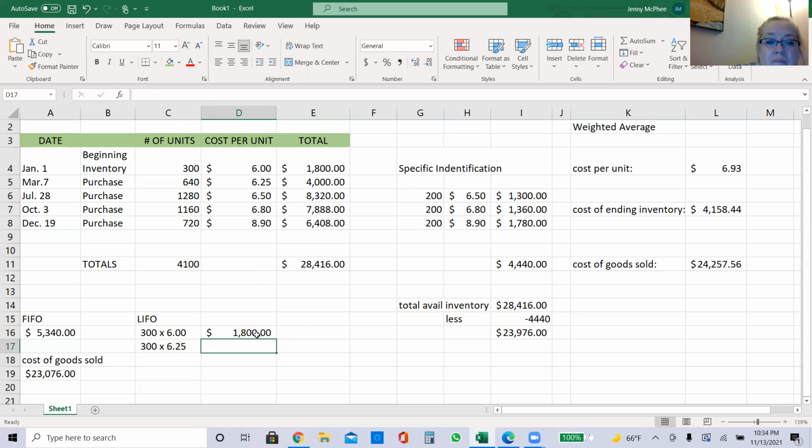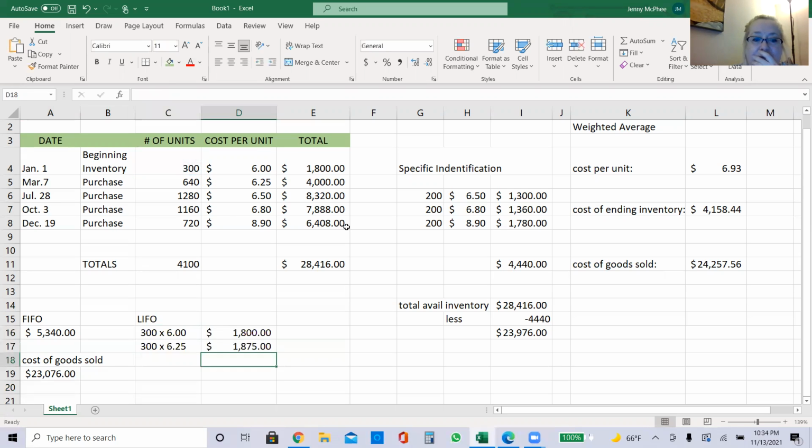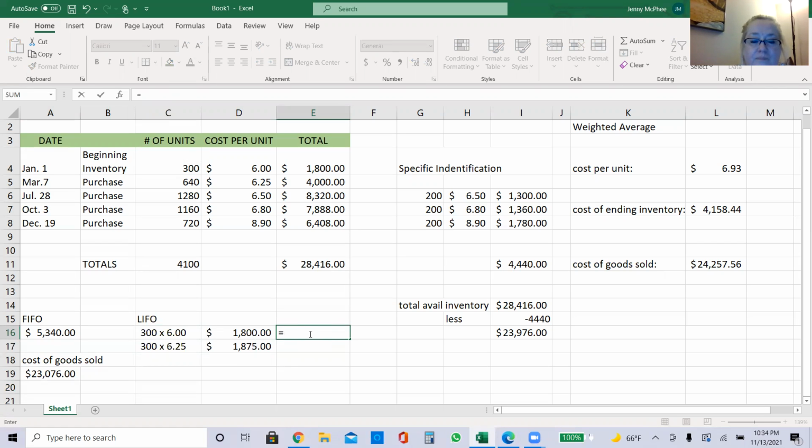I think that works, right? Nope, it will not. Sorry, my bad. So equals, excuse me, 300 times 625 this time. So 1880. So our totals for these two amounts is equals